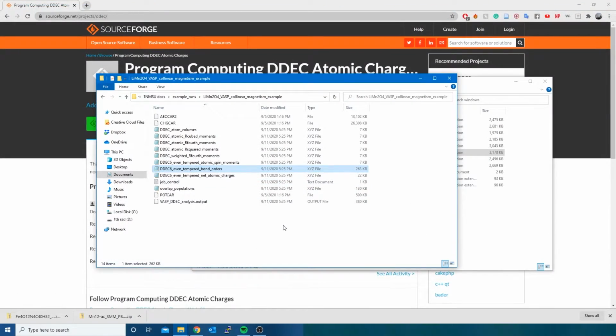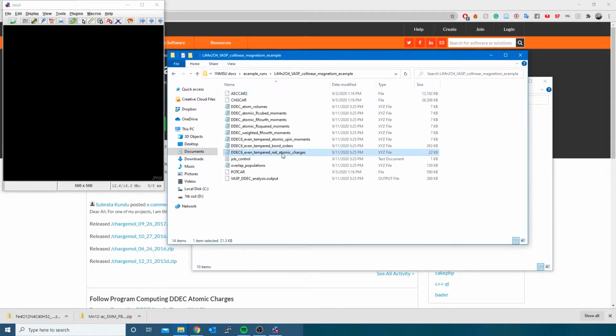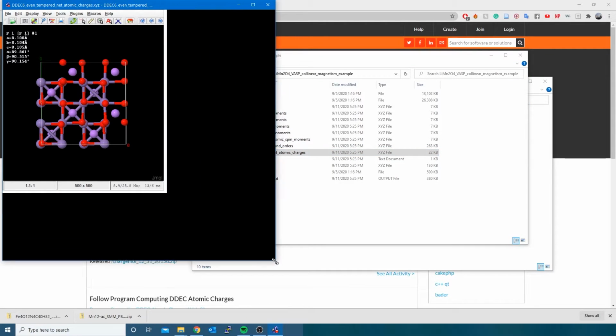A different way to analyze the output is to look at it in a graphic format in YAML, which you can also get from sourceforge.net. Open the folder with the outputs and drag the NACS output to the YAML window.